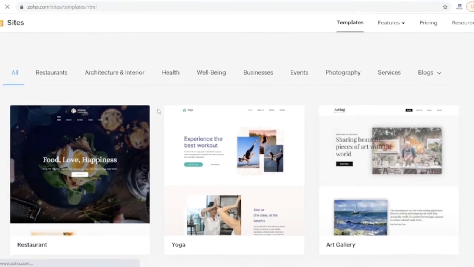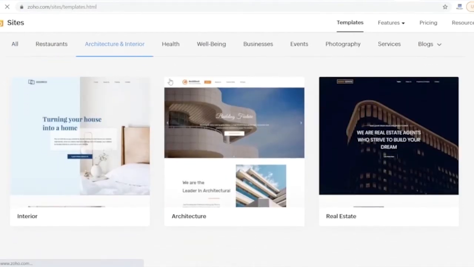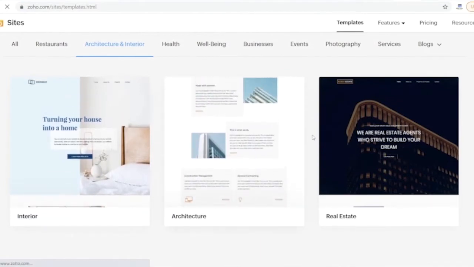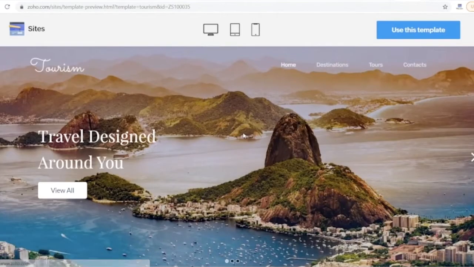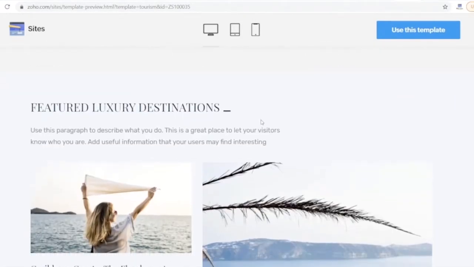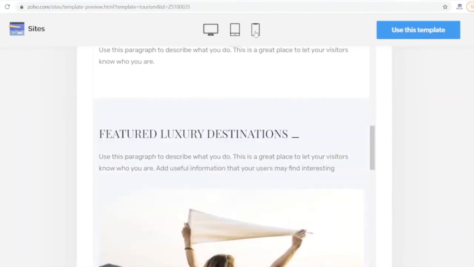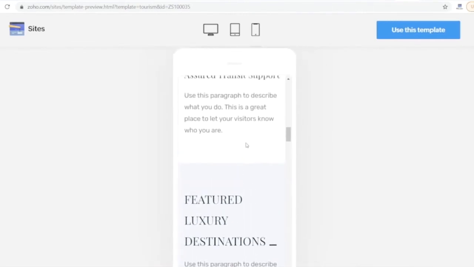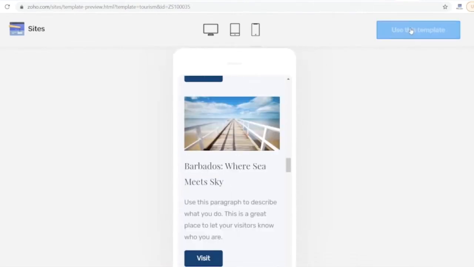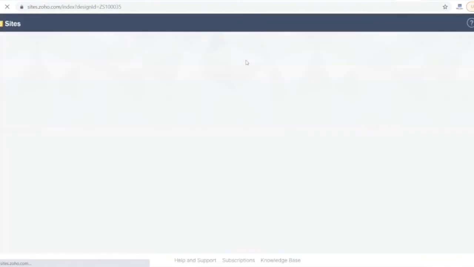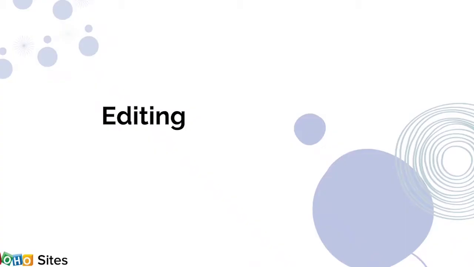You can click on each of these templates and see a live demo as well. It's pretty easy to go and change the template once you have applied it on your website. So this is not a permanent selection. Once you click on the live demo, you can actually see this template in action on the different devices. At the top of your screens, you can see that we're now looking at the tablet view, and then we can look at the mobile view as well. Once you decide to use the template, you can click on the use the template button and it goes directly into the website builder.